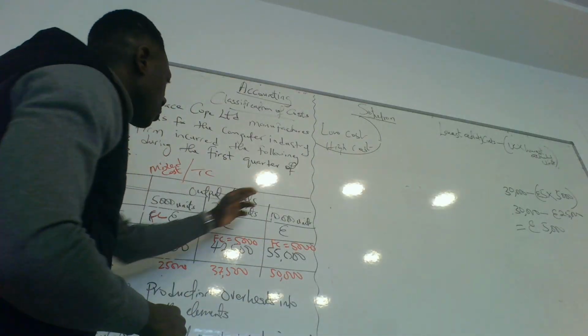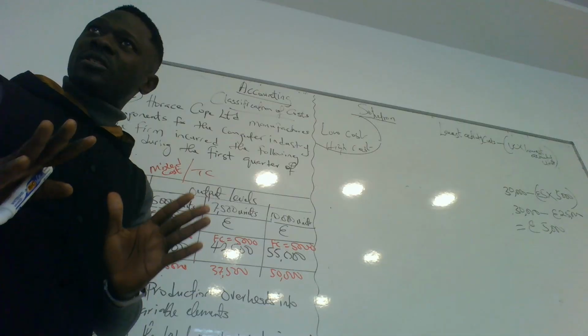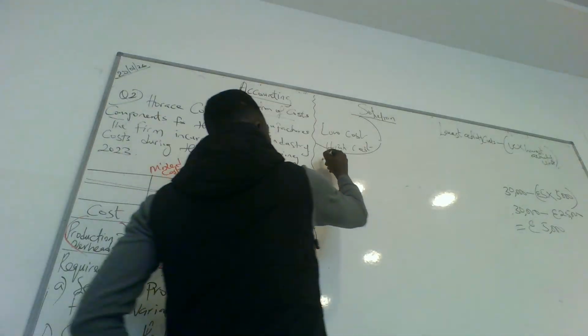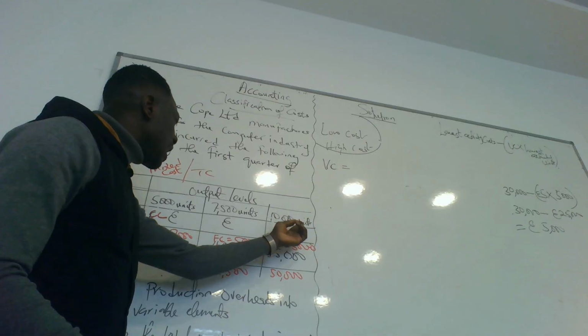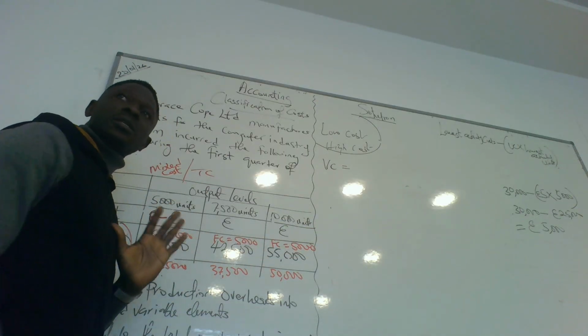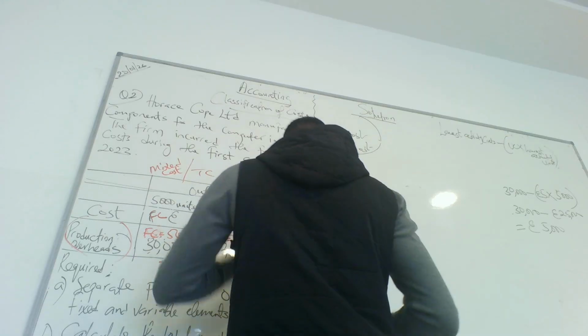We have different outputs. This is what we have. We need to find the variable cost. That is the first thing. Finding our variable cost, we need the range. And how do we get the range? The highest minus the lowest. So the highest here, in terms of output, we have units,